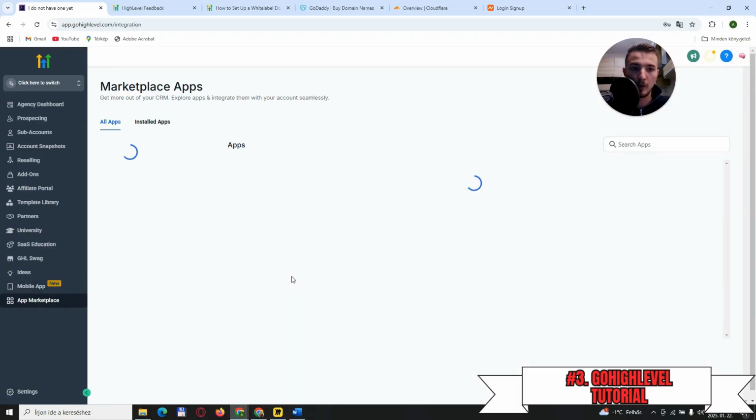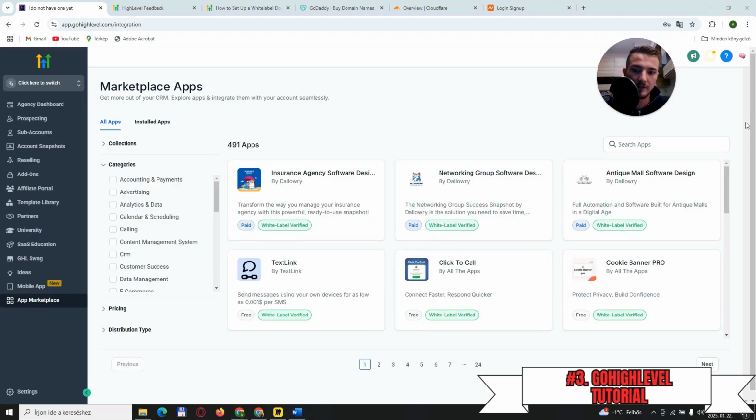There is also an app marketplace for your agency. This is really great because it has some free apps and also paid ones. And this is for your agency, not your sub account, so it helps you run the whole business around